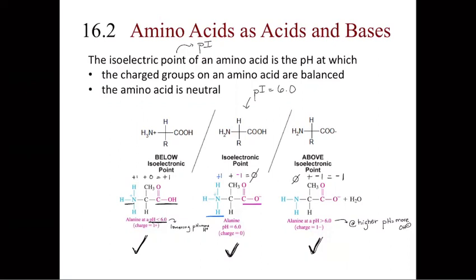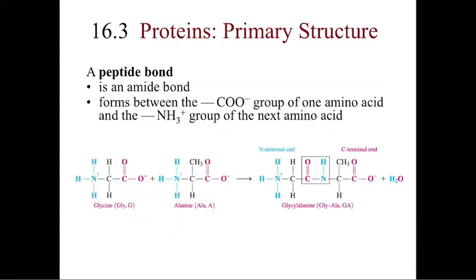Great. Then let's move on to the next concept, which is these amino acids, as I mentioned when I first introduced what is a protein, are going to be linked to one another to form a polymer, and that polymer is what makes a protein, okay? So when the amino acids come together, they come together through chemistries that you guys have already explored in chapter 14. So the primary structure of a protein, which is the sequence of amino acids,